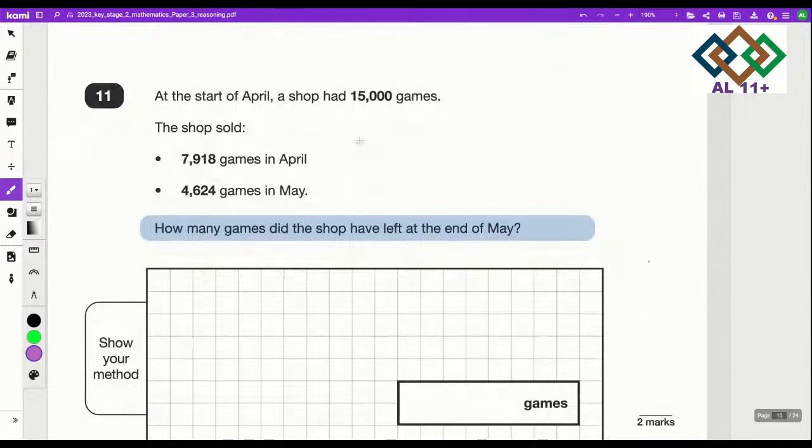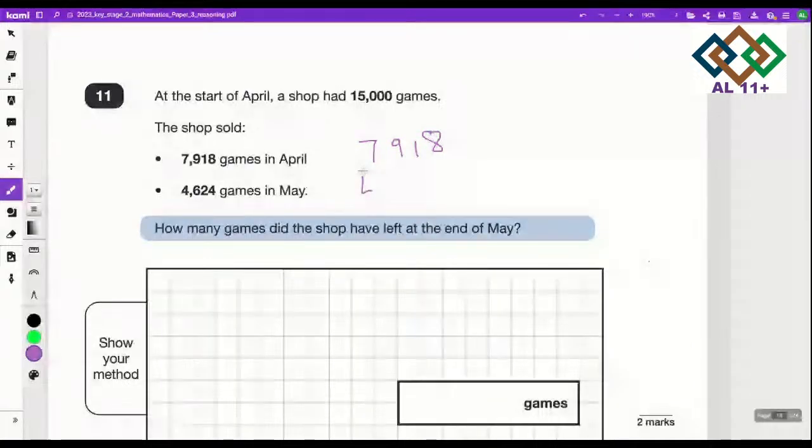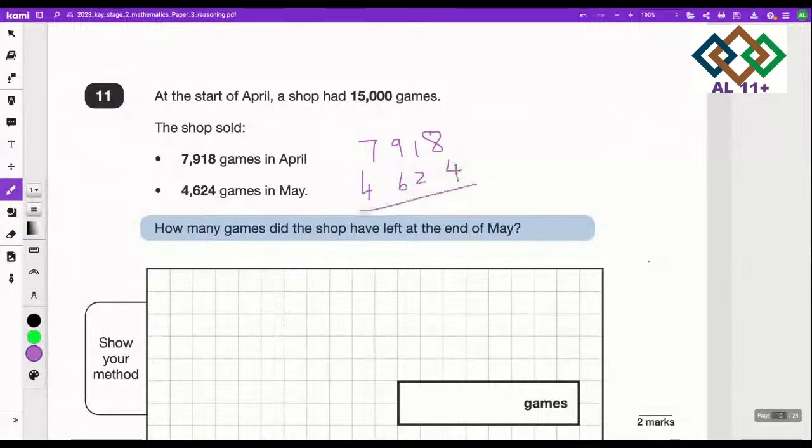So let's add them up. Add them up, and then you have to know your long additions. Some of you really struggle with that. So try doing your long additions and you will get